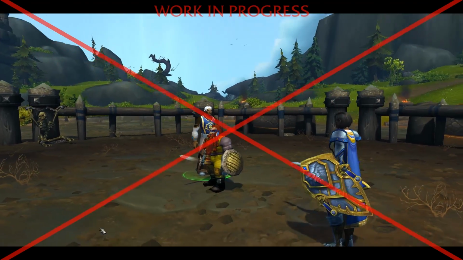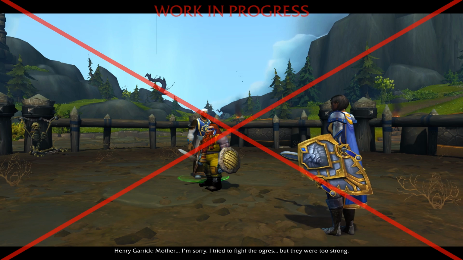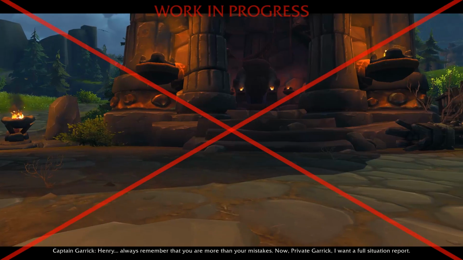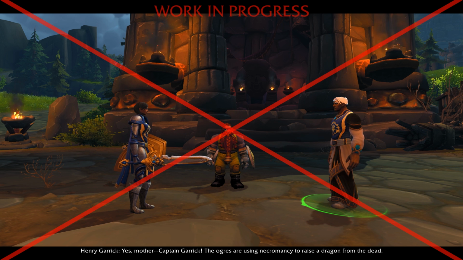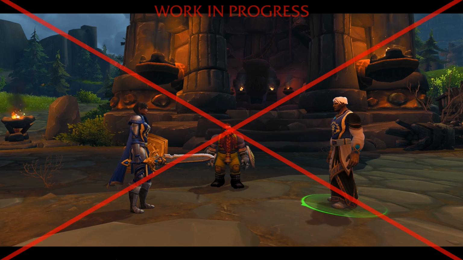Be careful out there. Mother, I'm sorry. I tried to fight the ogres, but they were too strong. Henry, always remember that you are more than your mistakes. Now, Private Garrick. Yes, Mother. I want a full situation report. The ogres are using necromancy. They need sacrifices like us to fuel their magic. They're about to start a ritual that...